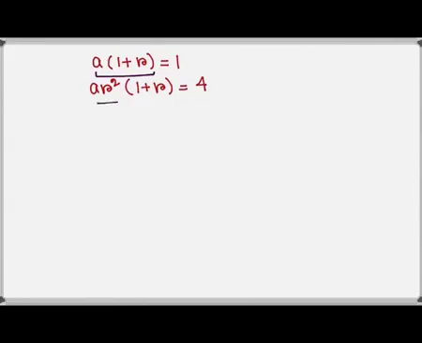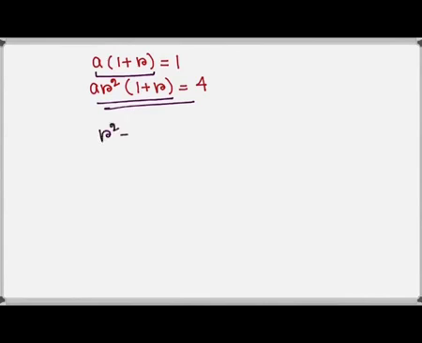We know that alpha plus beta is equal to 1. So A into 1 plus R is equal to 1, and as gamma plus delta is equal to 4, we have AR square into 1 plus R is equal to 4. We substitute the value of A into 1 plus R in this equation and we obtain